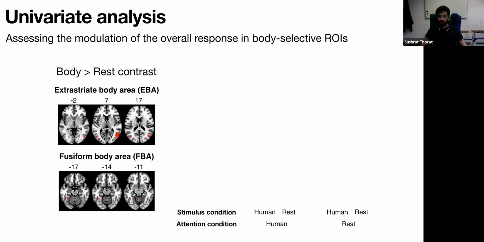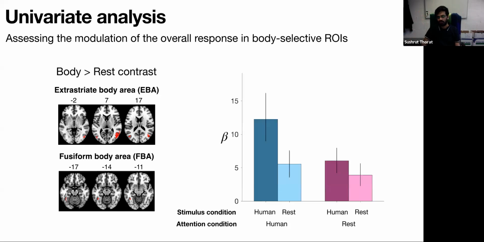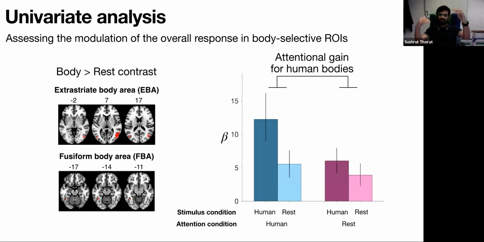Now, what we do is we sort our horizontal object representations according to the stimulus condition, so what object was shown, and attention condition, what you were looking for in the vertical conditions. So you have the human attention condition and the rest, and then you get the selectivity, which is the human stimulus condition minus the rest. And we want to basically see if the selectivity is higher when you attend to humans than when you attend for rest. And this is data for EBA. So you already see visually that that's true. What's being plotted here are the GLM weights, by the way. So that difference is basically the attentional gain for human bodies.